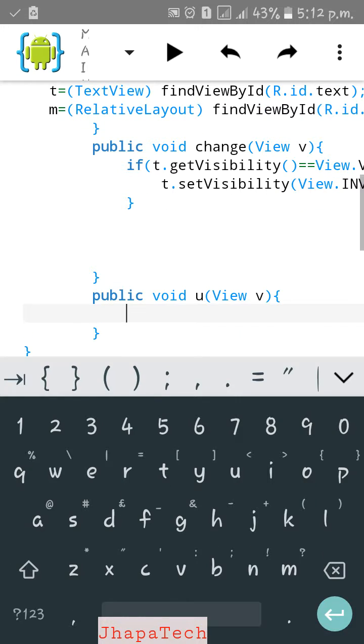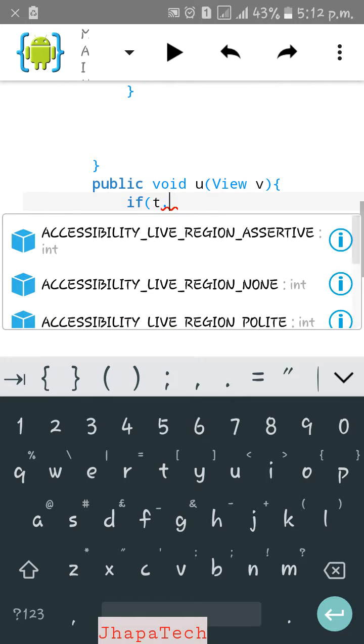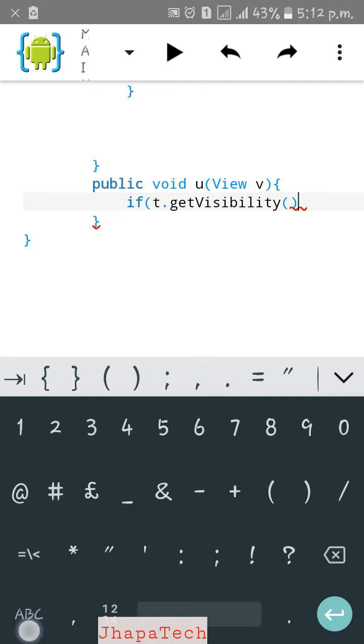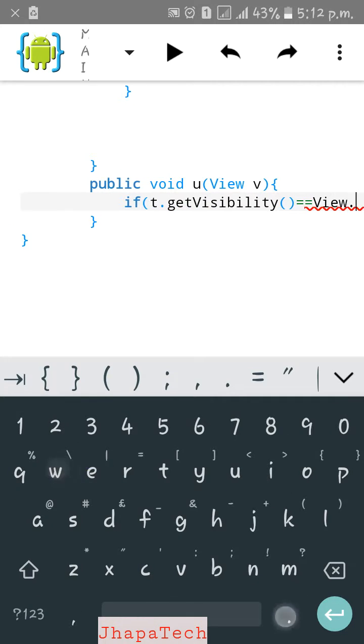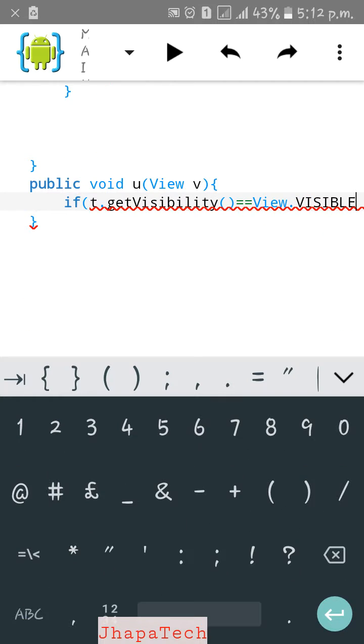Okay, now if the bottom is invisible then we should click on the relative layout to make it visible, but if the bottom is visible and we click on the relative layout then it will be made visible again. So to make this correction what we will do is, if t dot get visibility is equal to view dot visible,